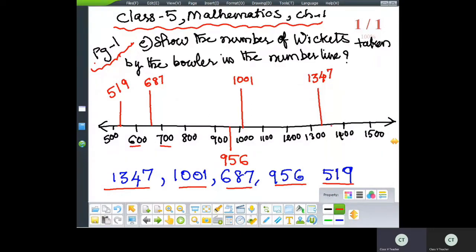Okay. So you can see that I have represented all the wickets on the number line. Yes, and you can see the difference between each number. Each is the same units. Yes, here also I am getting 100 units, 100 units, 100 units, 100 units overall till the end. It is 100 units. Yes or no? Yes. So the distance between them should always be equal. When you draw a number line, the gap between one number and another number should always be the same. Then only you can take that number line.